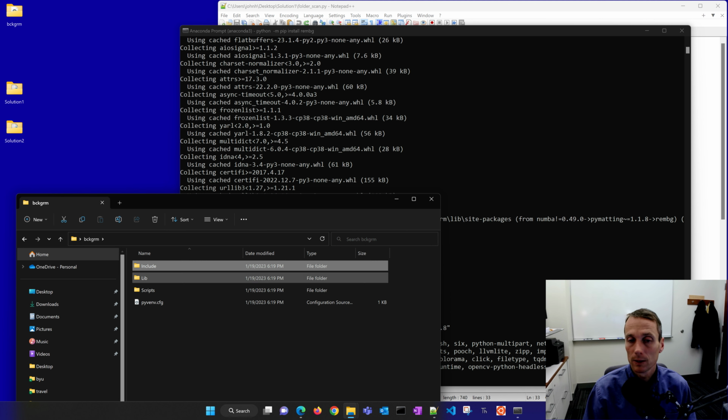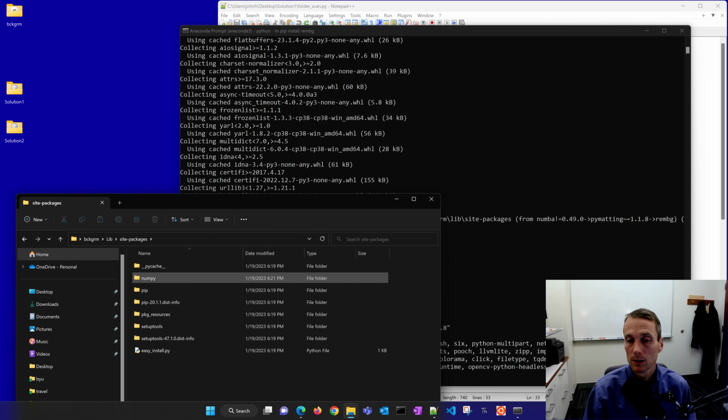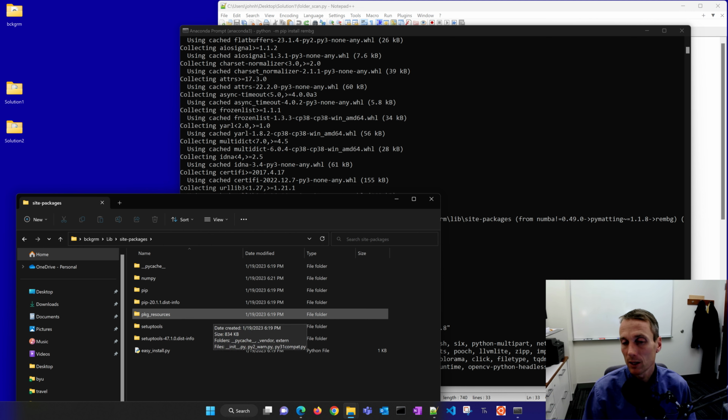I guess there's nothing in the include. Okay, and then it's going to install them in this, and you'll see NumPy appears. So it's just kind of this minimal set of resources that we need to be able to distribute and deploy this application. Now this one will get just a little bit large because it's going to include quite a few